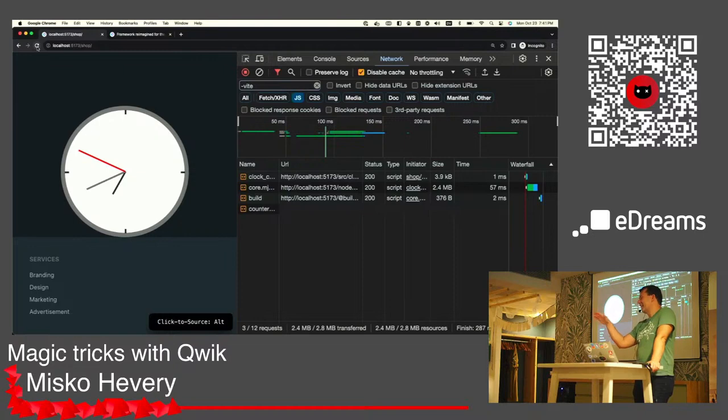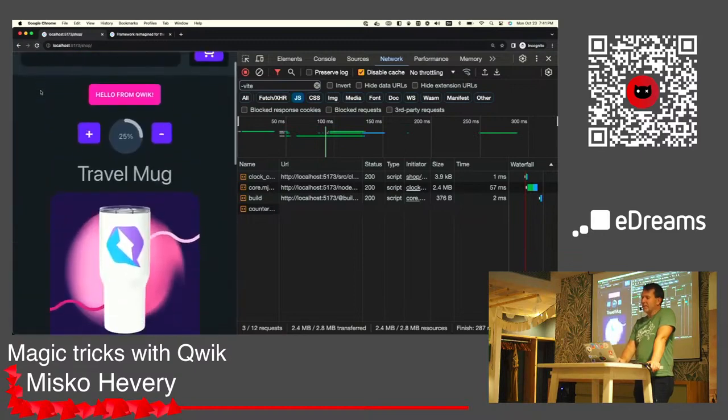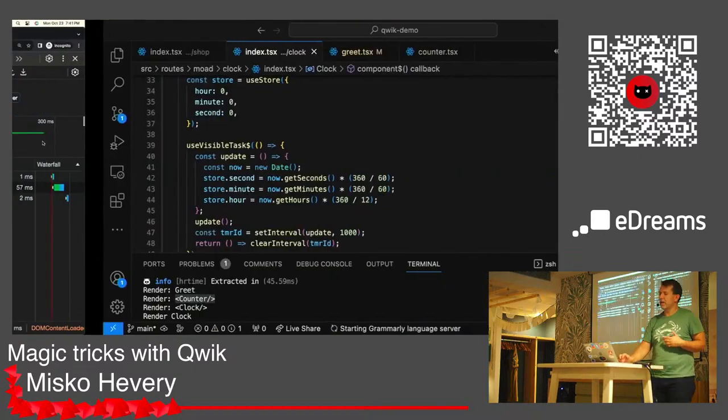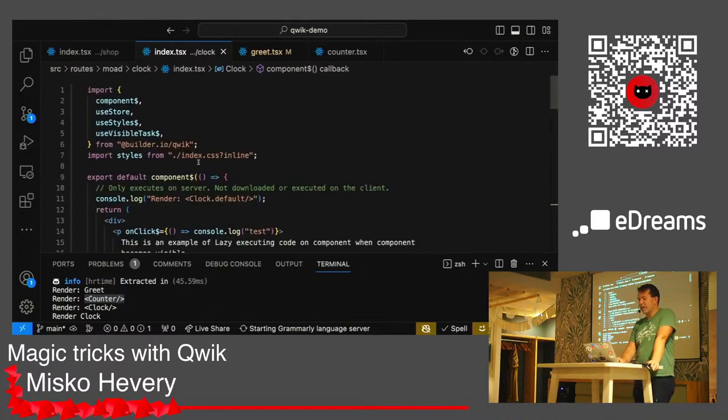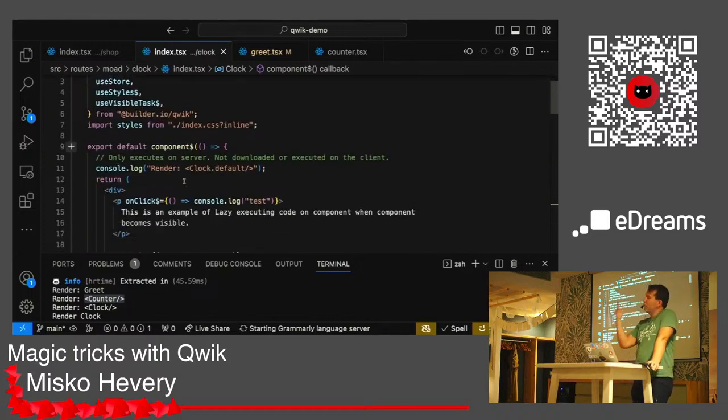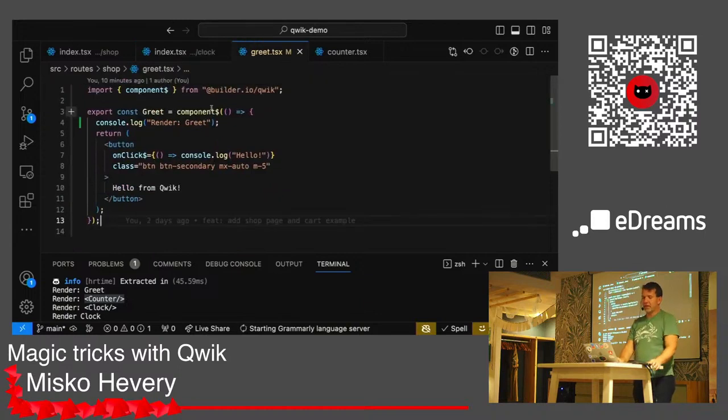But even with that extra file showing up, it's still miles ahead of a typical framework that downloads everything. I think it's kind of cool that, without any sort of effort, without trying to lazy load anything, just in a normal way of writing components, you end up with this particular behavior. Now, I want to show you one more thing, because Eric was talking about this idea of,